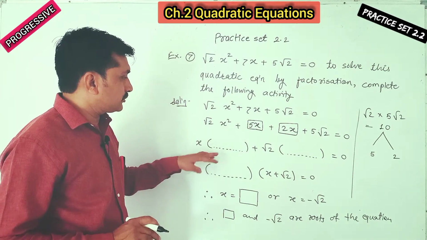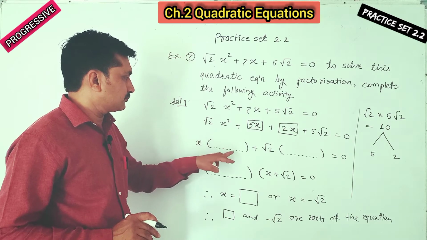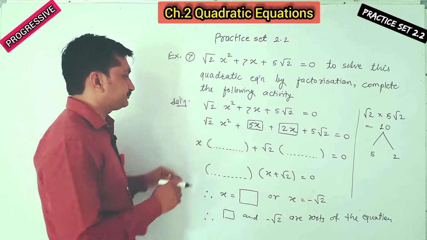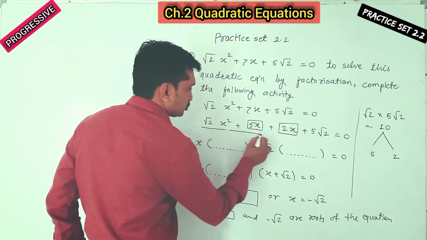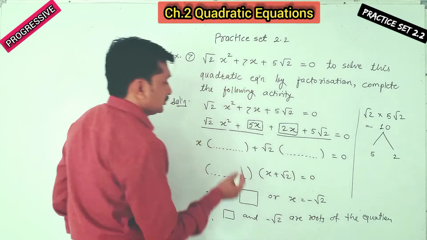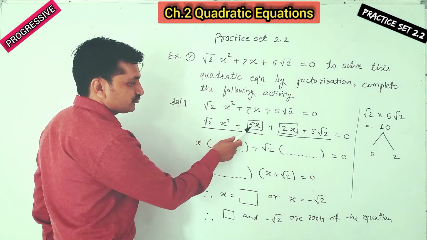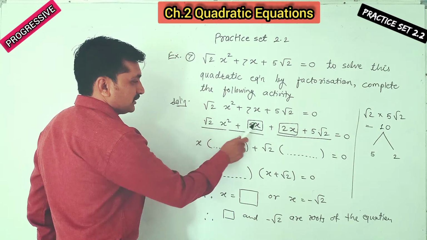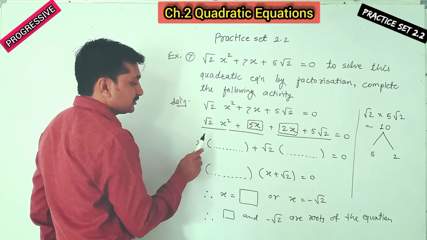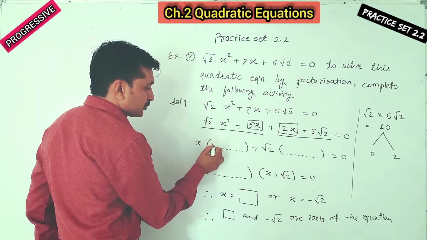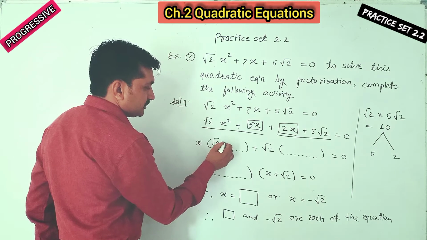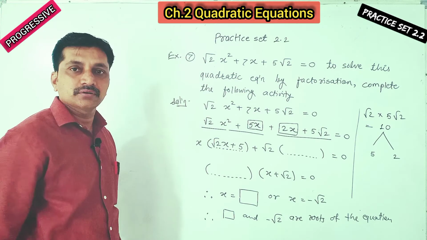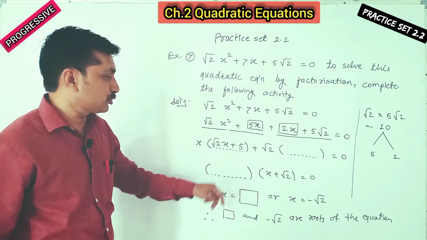Now it is given directly, the brackets and everything. From that we have to take common. What is common from this group and from this group? In this group, here is square root of 2 and here is 5, so we cannot take anything common from square root of 2 and 5. Then x is common, only x, from x square and x. Then in the bracket, what is left? From here square root of 2, from here x, sign plus, from here 5. Okay, the first bracket we got.